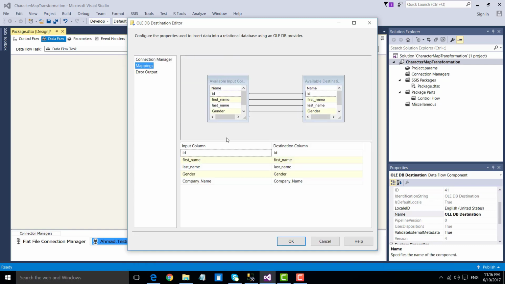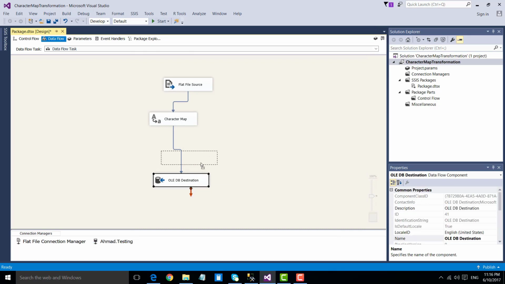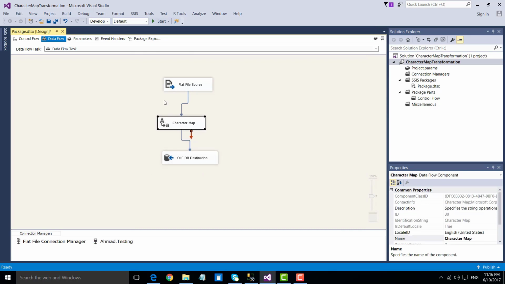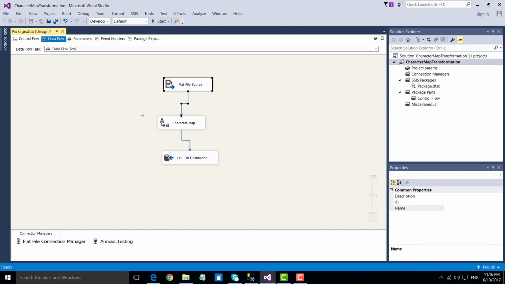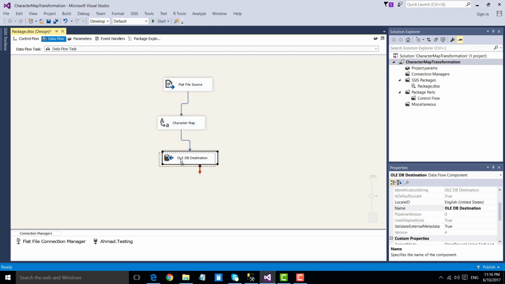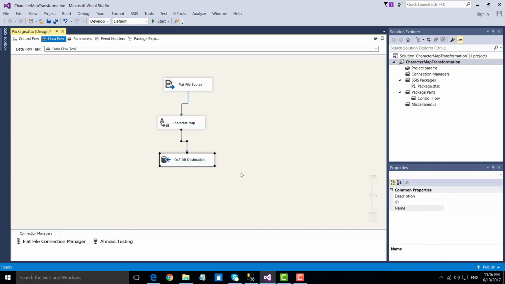Now go to the mappings, and you can make sure that the columns from the source have been linked with the columns of the destination. Click OK. So now we have configured the SSIS package to load data from a CSV file, change the casing of the columns on the fly, and then load data into the SQL Server table.